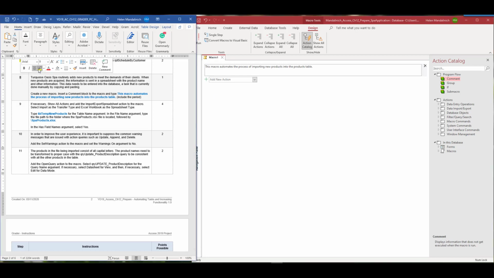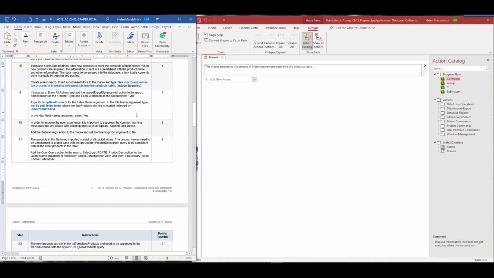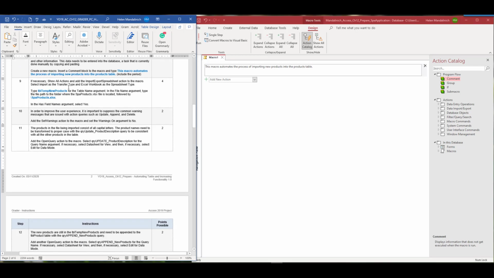It's always a good idea to start your macros off with some kind of documentation. Okay. The other thing is, usually when I do these, I always run them in single step just to make sure before I do the full run, just to see where things go. All right, if necessary, show all actions. So I'm going to click on show all actions,